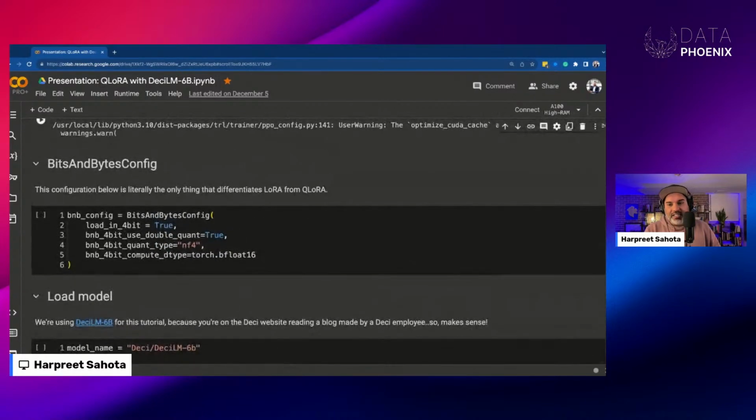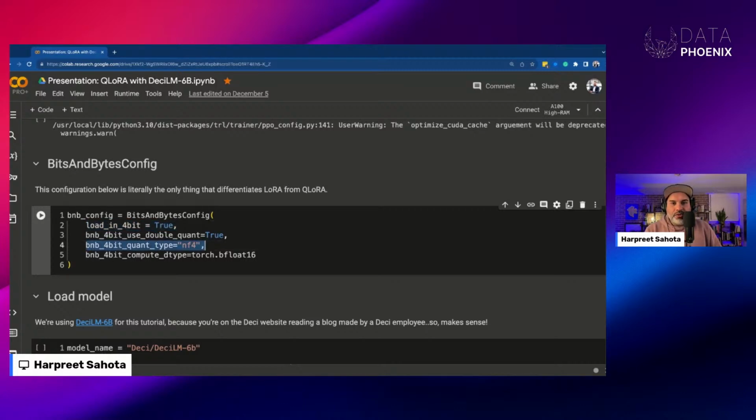And this right here is the secret sauce. What we put in this bitsandbytes configuration is literally the only thing that differentiates different types of PEFT. If you remember, we talked about the few things that QLoRA introduced: 4-bit normal float, paged optimizers, double quantization. And so we're setting these in the configuration file here. Load in 4-bit equals true just enables 4-bit quantization. So we're replacing the linear layers with, in this case, NF4 layers from bitsandbytes.